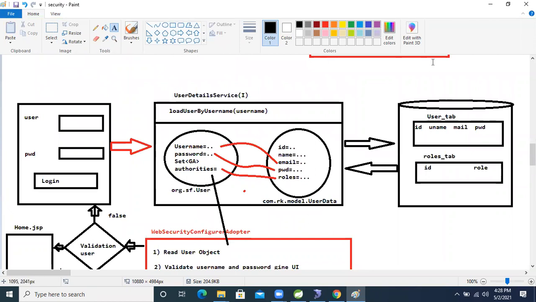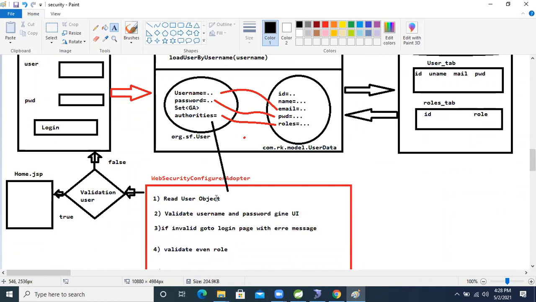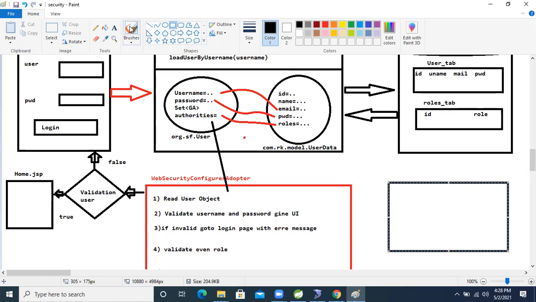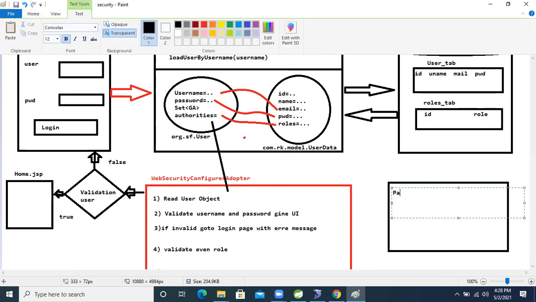After that, one more thing, guys. In this class, we will use one more class: BCrypt. There is already an interface, PasswordEncoder. This is an interface, but we are using its implementation class, BCryptPasswordEncoder, in the application.